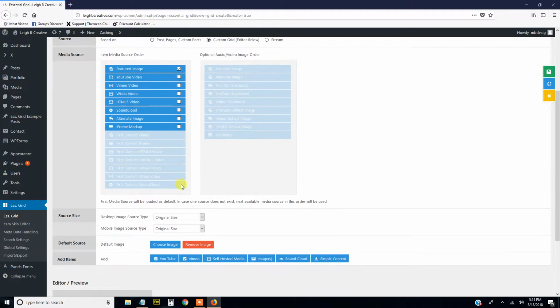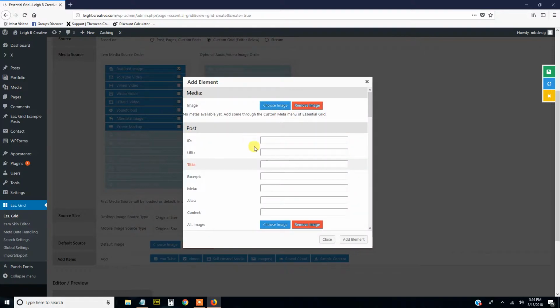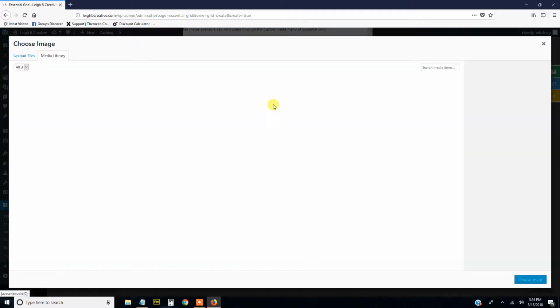And then you are going to select images, desktop, mobile. Okay, choose default image. Let's just go to images, and please choose the art you wish to add. Okay, so we're gonna do single right now. So we're going to add one at a time, and then I'm going to do bulk and show you bulk. So hit single, and right here you're going to choose your image,